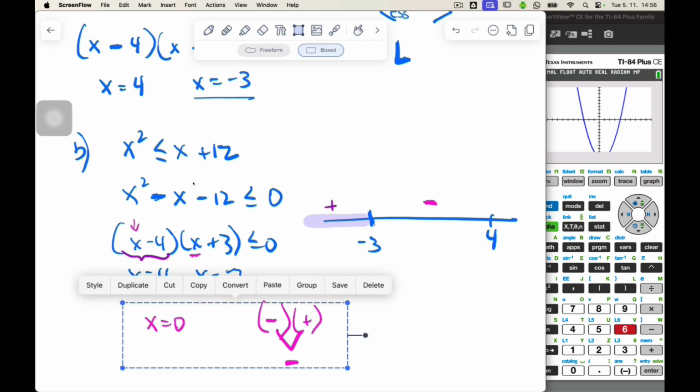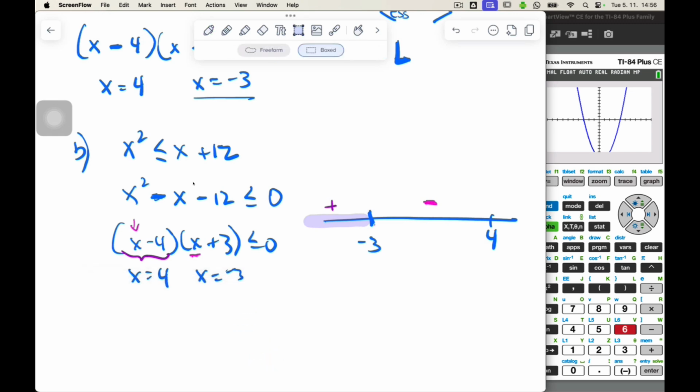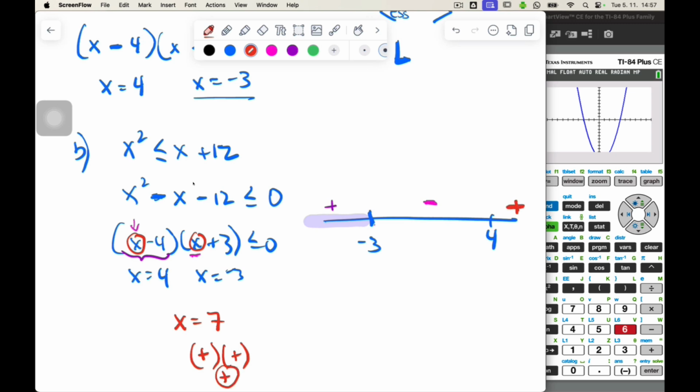And then finally, I do it for the last interval, the third region. I'm going to pick x equal to 7, anything to the right of 4. If I plug in 7, 7 minus 4 is a positive 3, and 7 plus 3 is a positive 10. Those are two positive values, so they multiply to get a positive. And so it's always positive here. So those ends are positive, and this middle part is always negative. And so when I read this inequality,